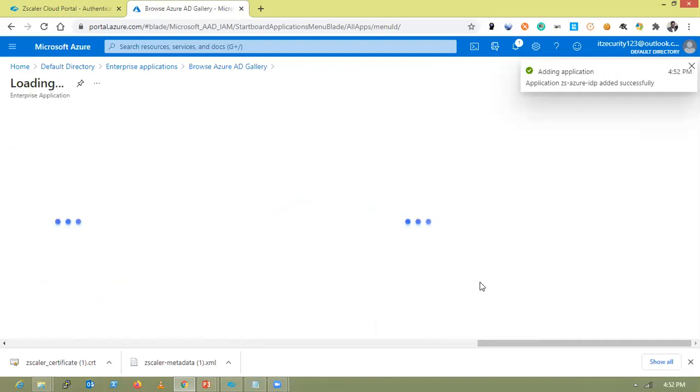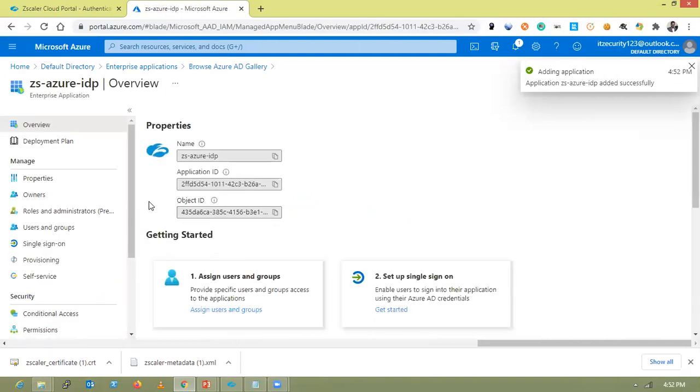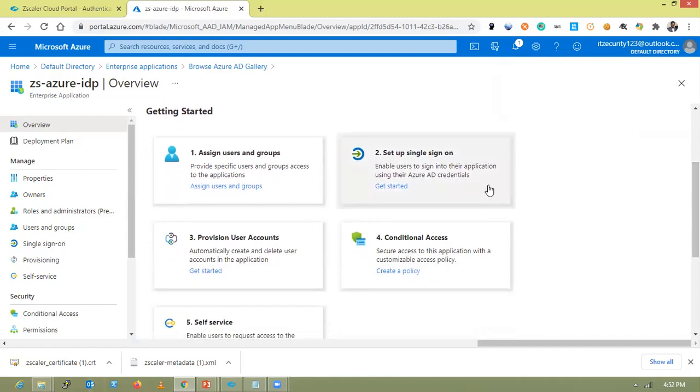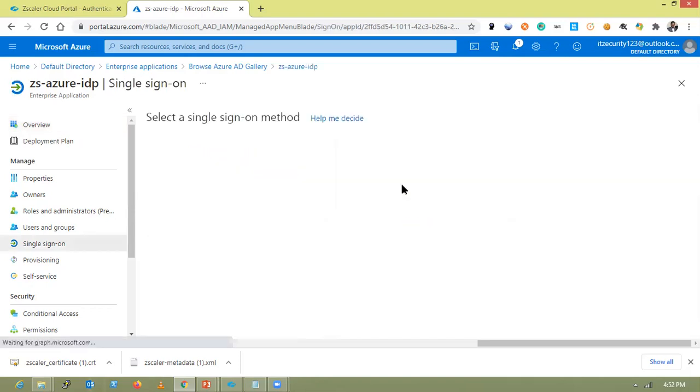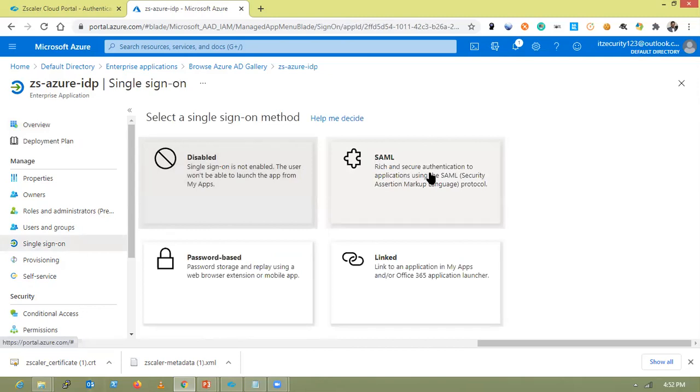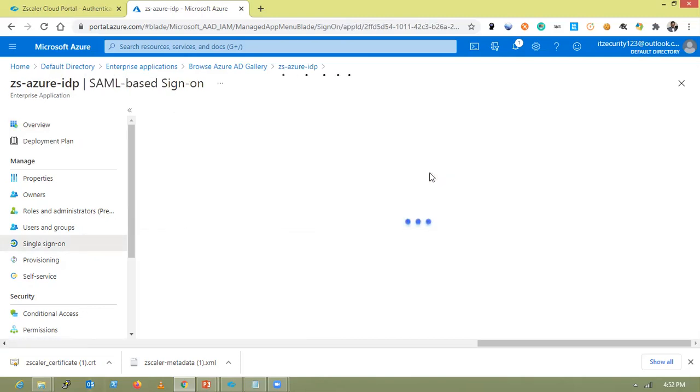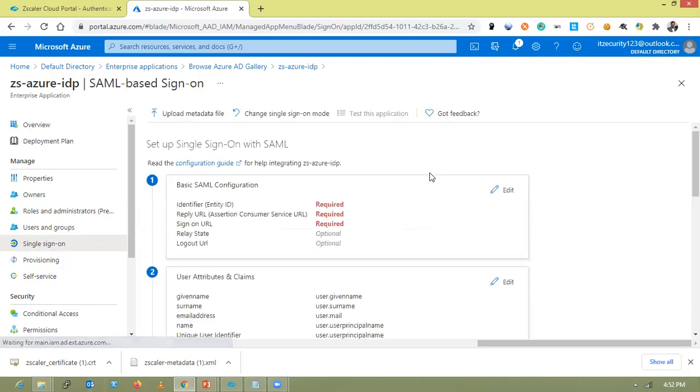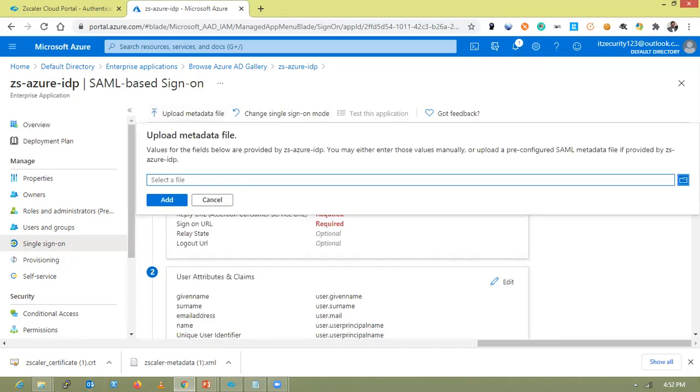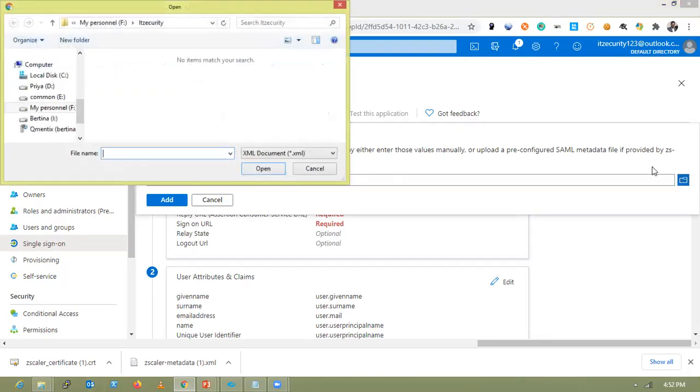So once it is created, we can go to set up single sign-on. Click get started. There will be a SAML option. Click there. At the top, you could see an upload option to upload the metadata file from the service provider.